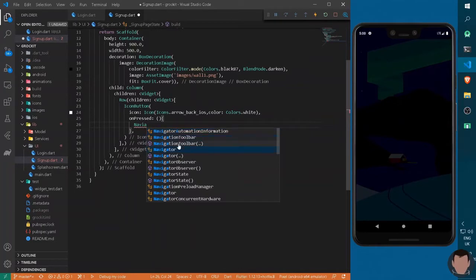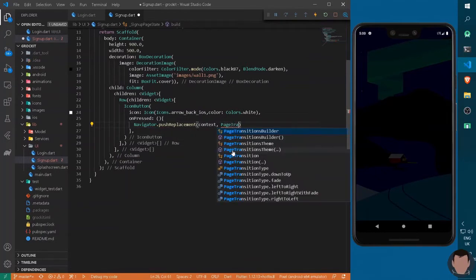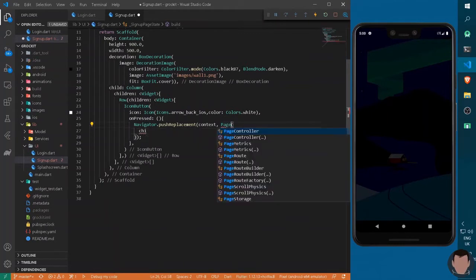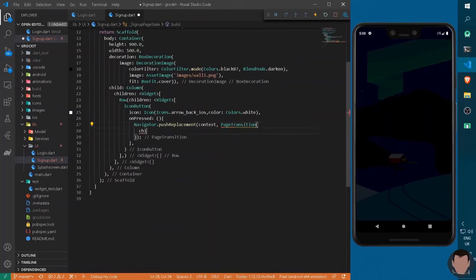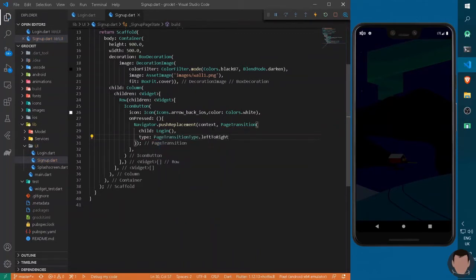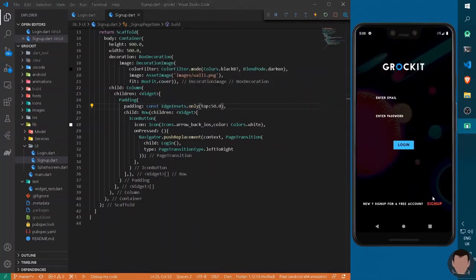So I can type here navigator dot push replacement, a context and a new route. So I can provide the page transition dependency to it. Let's add a semicolon here. Now it will take a child. Okay, it's not theme, it's page transition. It will take a child of login page as well as the type of the transition. So I can provide type page transition from left to right. Press Ctrl and S. Now let's give it some padding from the top. So I can just hover onto row, refactor it to padding, and from only I need a top of say 50. Okay. After pressing it, we will be navigated back to our login screen.